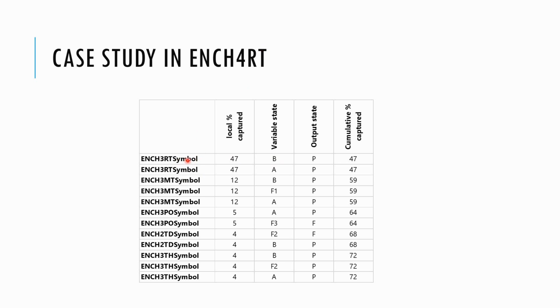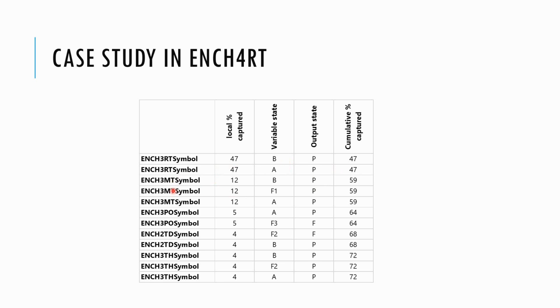3RT is the preparatory material for 4RT, and we can actually capture 47% of the data using the symbols in 3RT. So if we look at the results here, it's saying if you get an A or a B in 3RT, you will likely pass 4RT, and you capture about 47% of all the data that was provided. Then it says, well, if you don't have an A or a B, then you need to start looking at